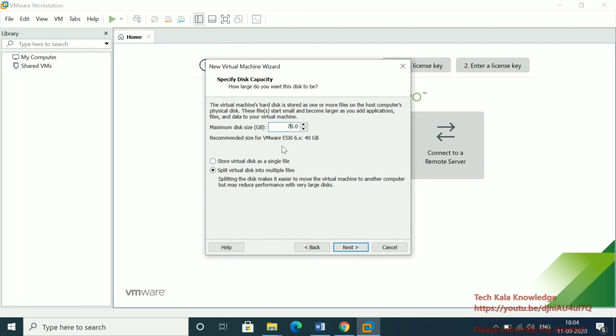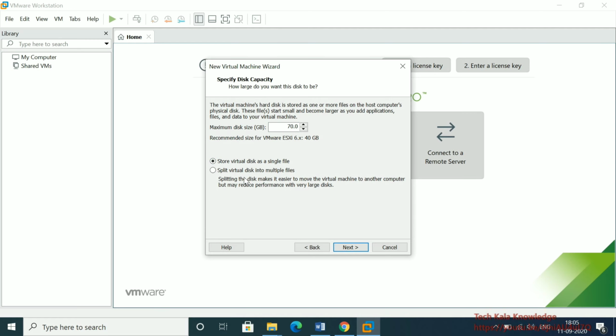Here you can see two options. One is store virtual disk as a single file, and the second is split virtual disk into multiple files. If you select the first one, all the virtual disk information will be stored in one file. It will create only one file, and all the information will be stored in that file.